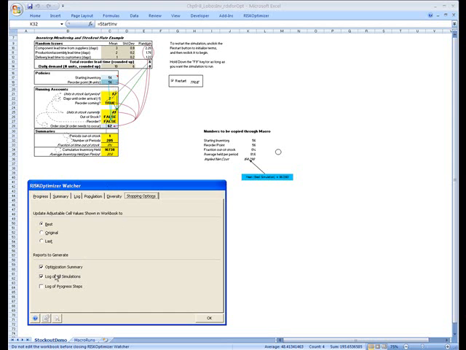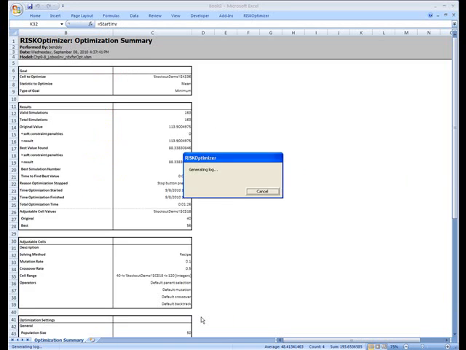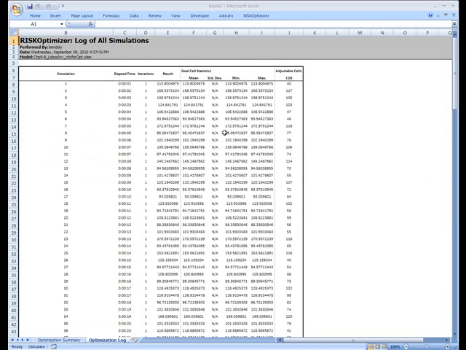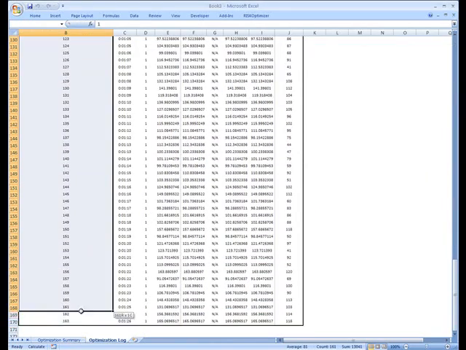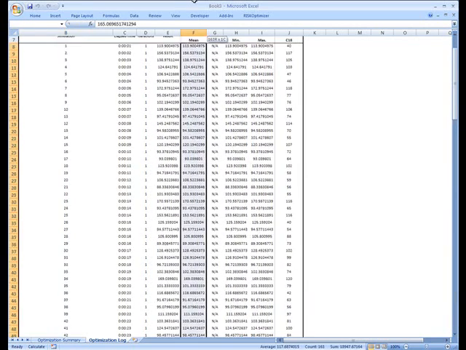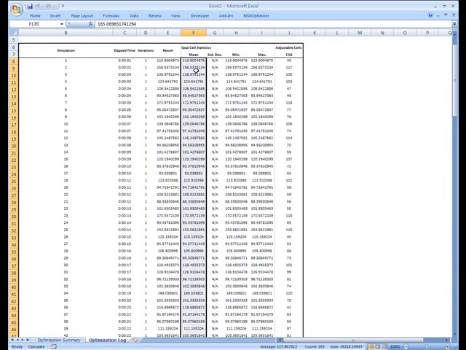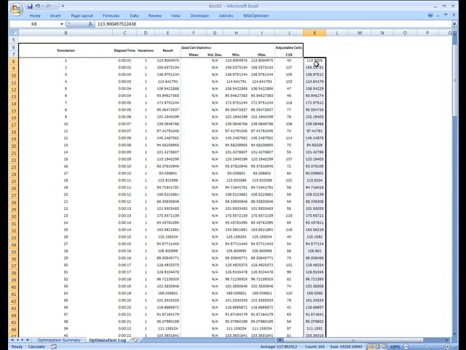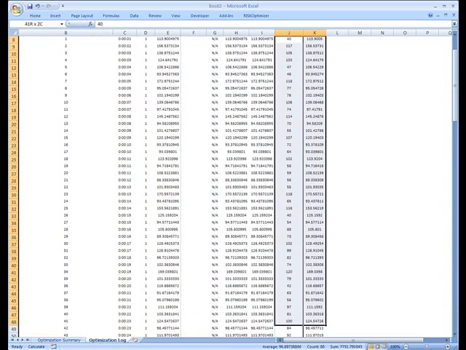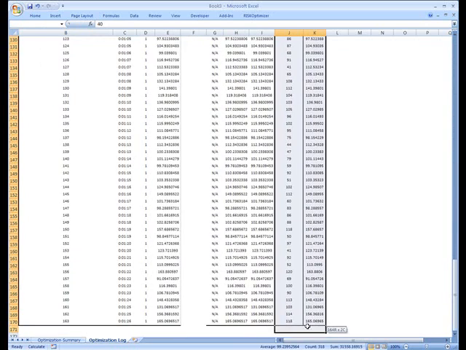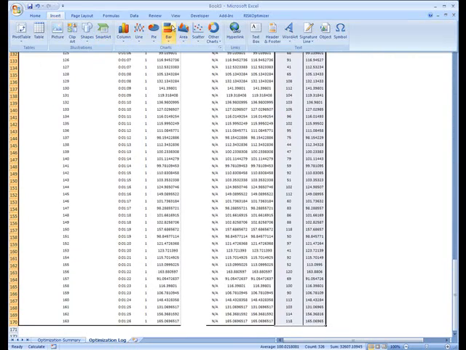And I can request to re-examine what exactly has been going on during the search, a log of everything that RiskOptimizer saw along the way. It creates a new spreadsheet which lists all of the runs it's had, all 163 or so evaluations, and the composite performance it has seen for each of those evaluations. If I want to get a better impression of how that decision variable impacts my performance, I can create a graph, a scatter plot,